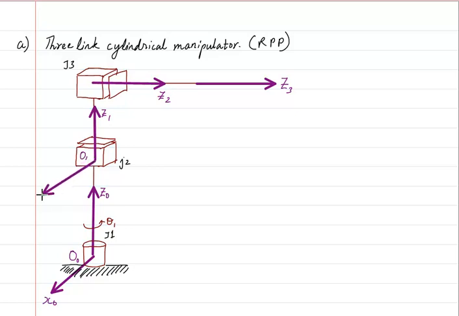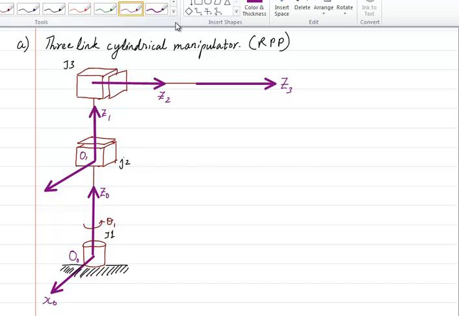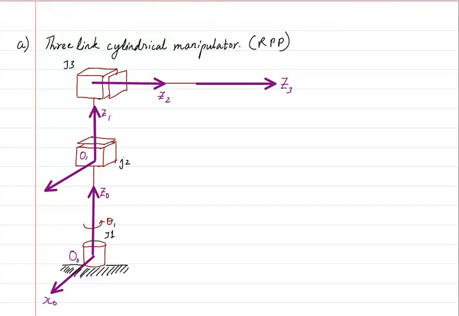I will draw it in such a way that it is parallel to x0. Now, should I have drawn it parallel to x0? I could have drawn it in some other convenient way, but this is the most convenient because now the two x-axes of the two consecutive frames are parallel, and that is something highly desirable. If you remember, the angle theta itself was for making the two frames have the x-axis parallel to each other. We have already drawn it so that it is parallel to each other. So this is the x-axis of the Z1 frame,